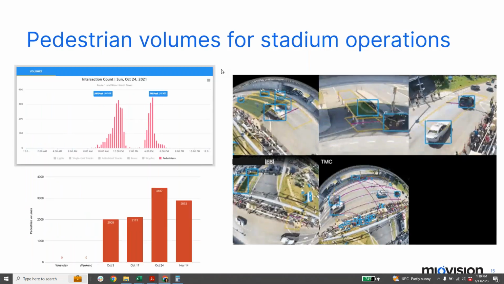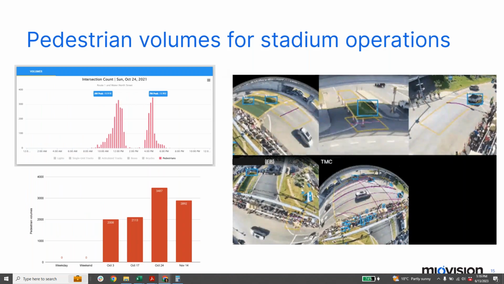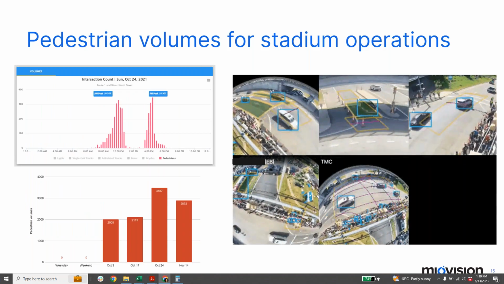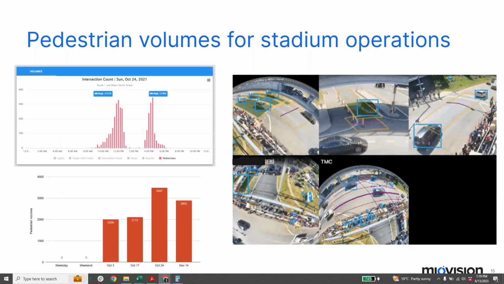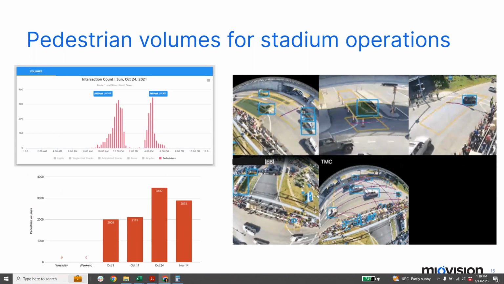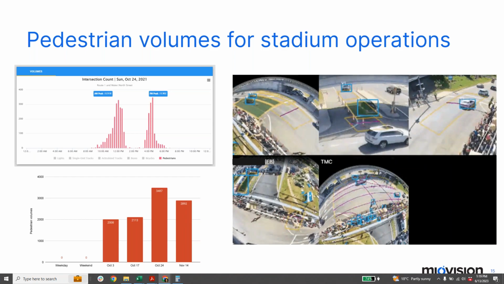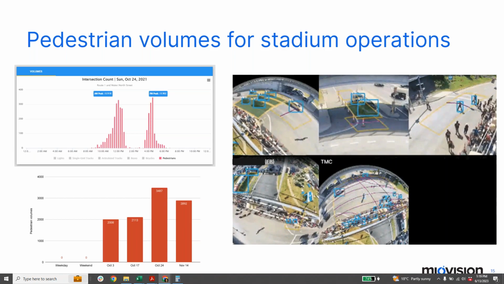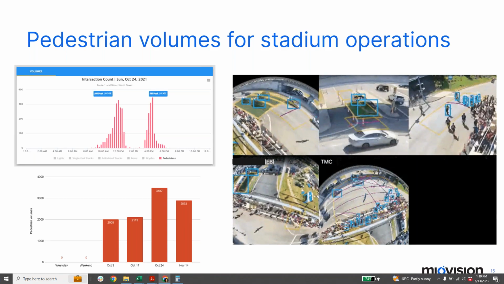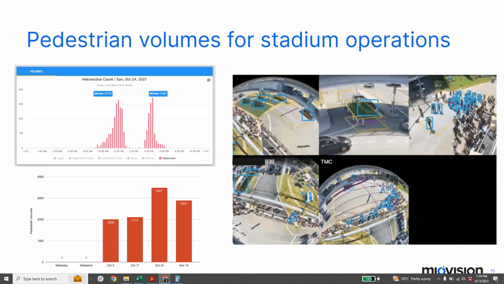So I think the last of my examples for this sort of data, obviously there's a ton of examples, but I only have about 45 minutes to discuss. Another really interesting one, I think, is stadium operations. We are installed near a few stadiums, and as a result, we get to see craziness like this occur, where we can see volumes being counted,